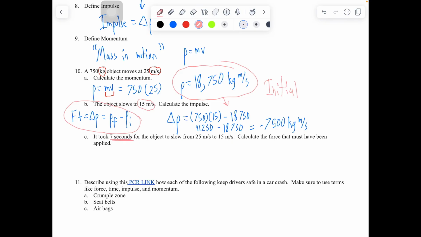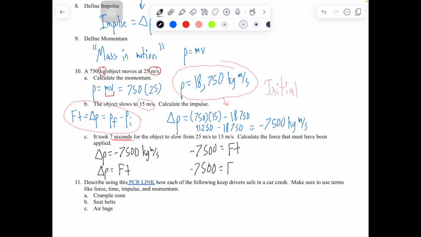So it took 7 seconds for the object to slow from 25 meters per second to 15 meters per second. Calculate the force that must have been applied. We just found that change in momentum. I'll write this out in black. Change in momentum was negative 7,500 kg meters per second. Well, we also know change in momentum is force times time. Plug in that negative 7,500. This must be equal to force times time. If we plug in our 7 seconds,